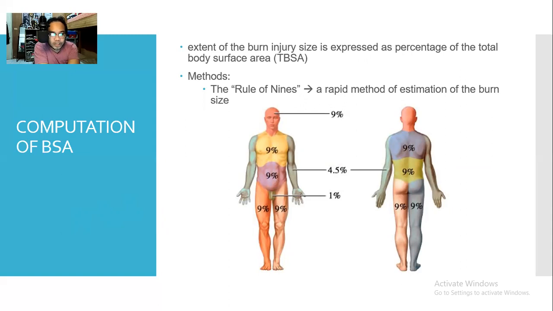So this is the computation of your body surface area or your total TBSA natin. Total body surface area. Extent of burn injury size is expressed as a percentage of the total body surface area. Yung sinasabi ko kanina, TBSA. Methods, rule of nines tayo dyan. Sir, bakit naging rule of nines? Because all of them are 9 or most of them are 9 and they are divisible by 9. Okay, kuha natin. So you have here